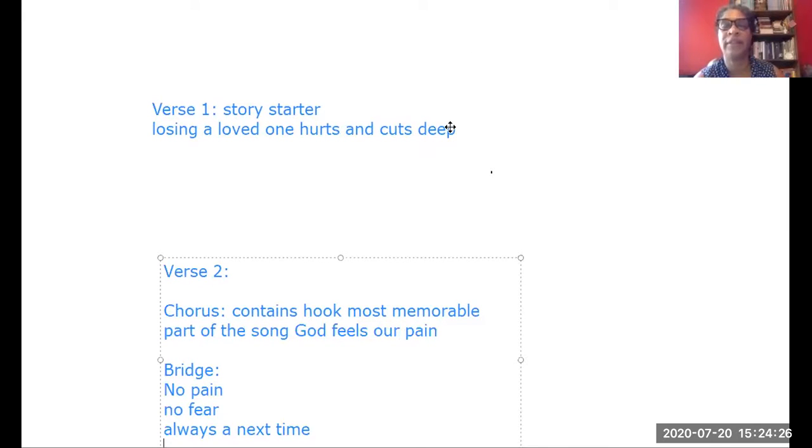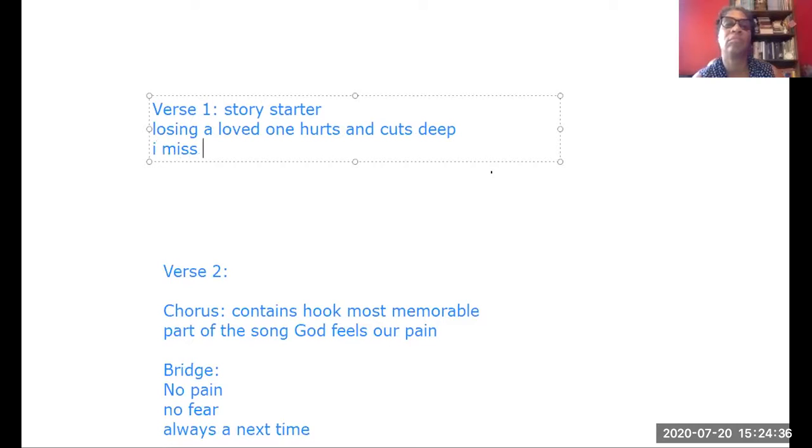All right, so we're back on the verse. Losing a loved one hurts and cuts deep. I miss them every day. We could leave that. We're going to go ahead and make this a personal song, because then the people singing it can sing it from their own heart. Everybody's lost someone they love, like you said, Miss Denise. Losing a loved one hurts and cuts deep. I miss them every day, or...